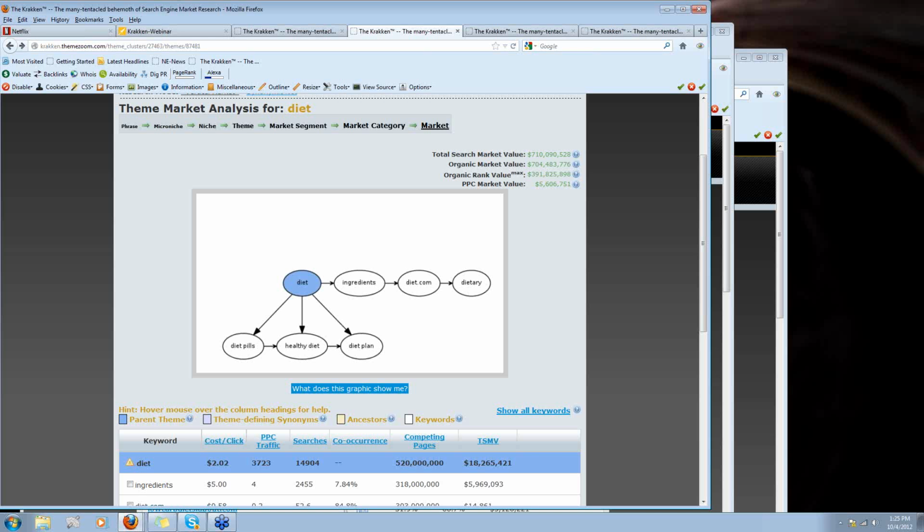Wow. Okay. Looking at the theme market analysis screen, how is it different from the silo blueprint module in Domain Web Studio? It's pretty much apples and oranges, because what you're looking at in Domain Web Studio is like you would export these keywords out of Kraken and import them into Domain Web Studio and use that to build out your silo blueprint. So this is the starting point where you're trying to figure out the themes that you want to actually incorporate,